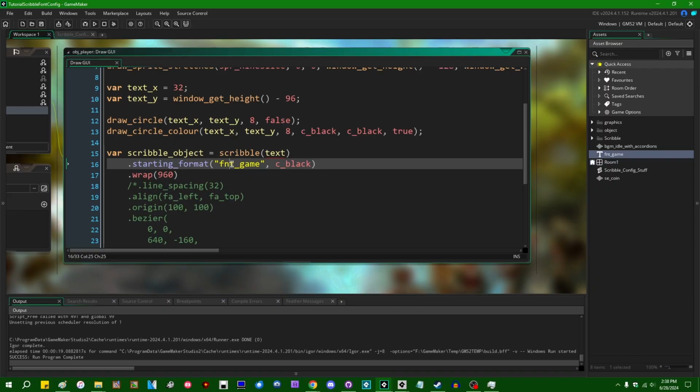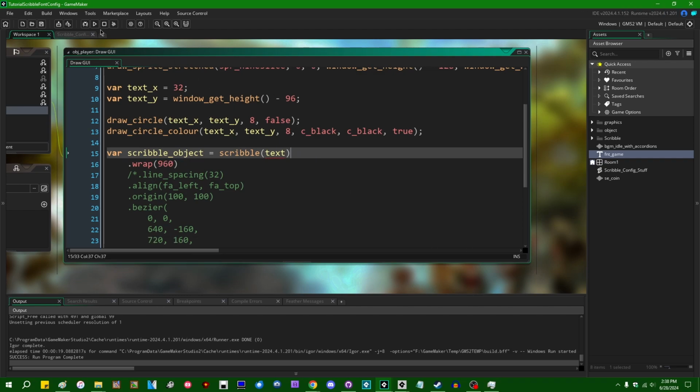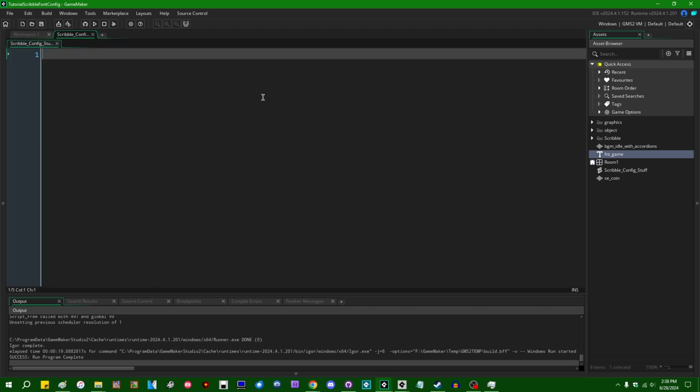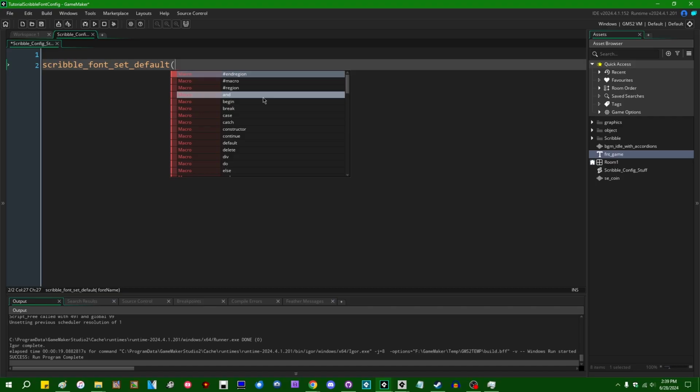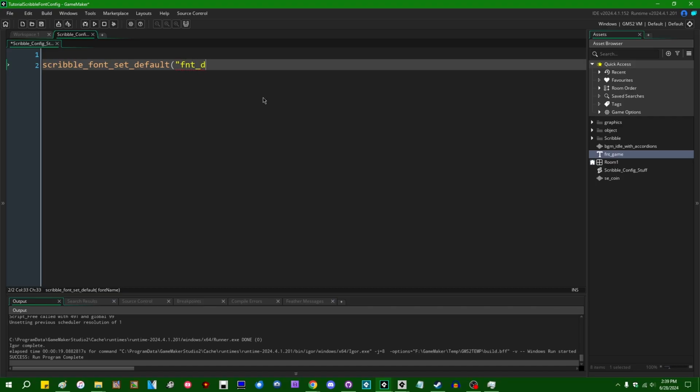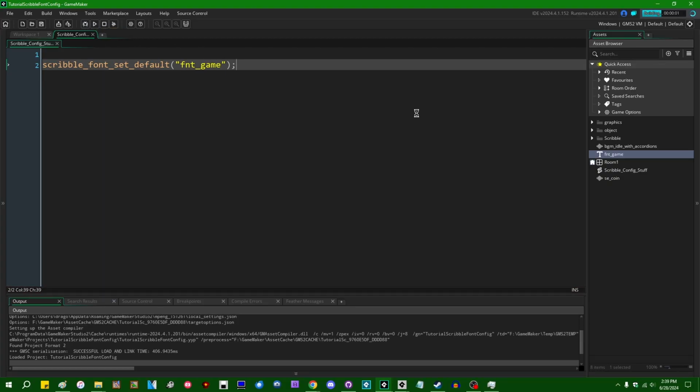If you would like to take a font and make it the default font for all Scribbles, you can, for example, get rid of that line of text, and in your Scribble configuration, you can say Scribble font set default, and this will actually take the name of the font, which will be fnt_game. This will not take the font asset itself, which I believe is similar to the starting format method on Scribble objects. So now if we run the game,